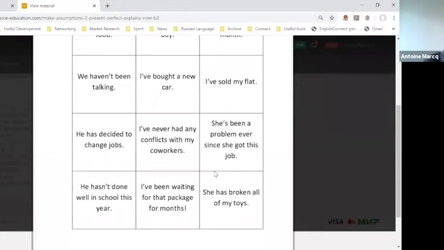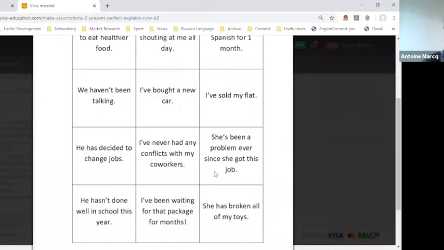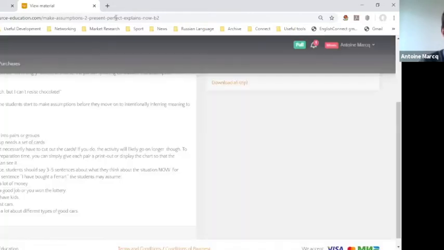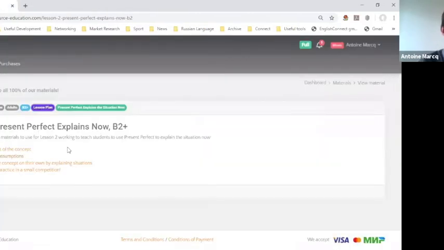Same thing, go through all these cards, and it's great practice for your students. Just sit down, brainstorm together, put weak and strong students together, really, because they need to play with this. They need to make assumptions and understand what they're doing, how they're reading between the lines with these present perfect examples, because then it makes it all easier and more logical to use present perfect well.